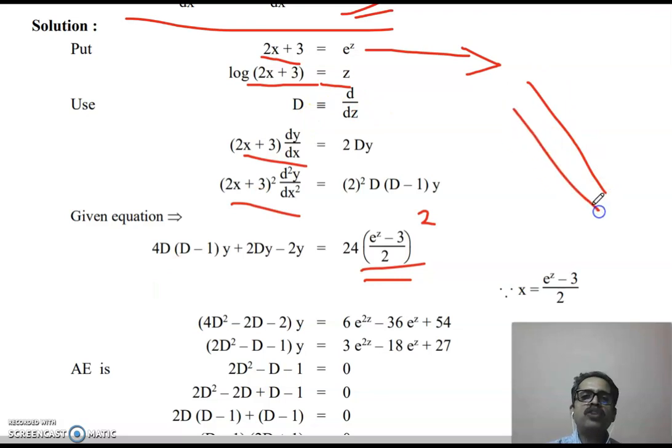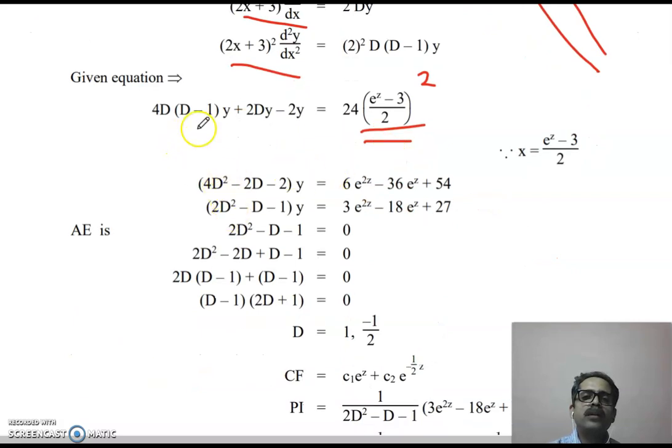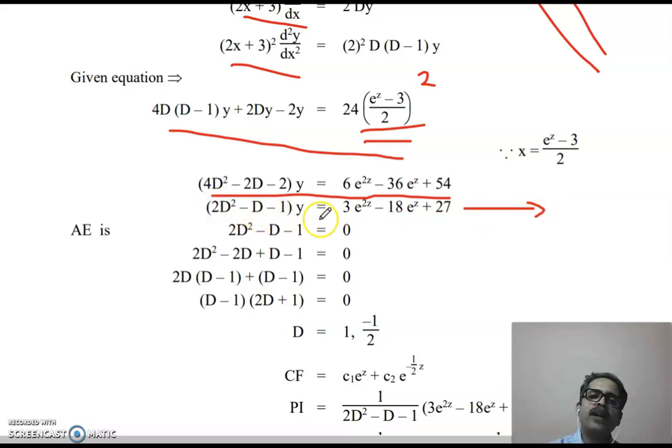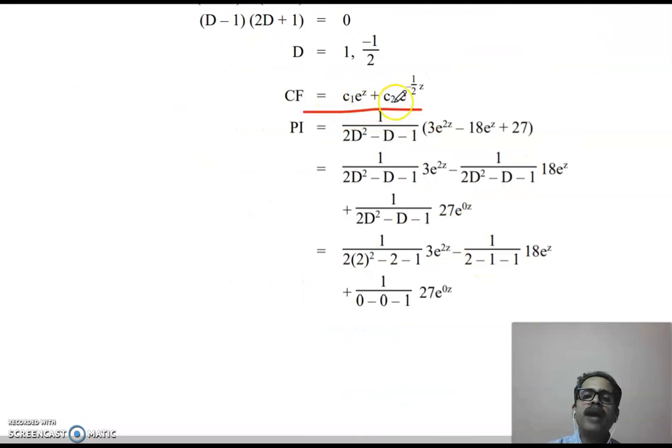When you use all these equations in the given differential equation, we'll get this kind of equation. When you simplify, you'll find this equation. Here 2 is common throughout, so we get this simplified version. This equation has the standard type phi(D) y equal to g(z). It is LDE with constant coefficients, and can be solved by the known method. First you find the CF, and while obtaining the CF we have used z, not x. This is a very important point.